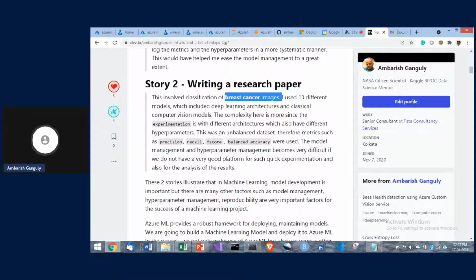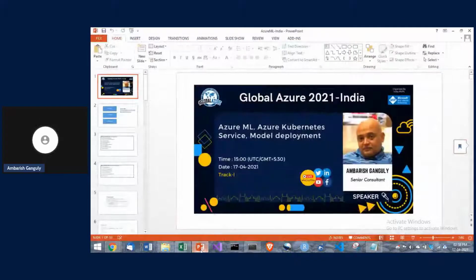So why am I telling you these stories? We need a very systematic platform to create models, and that's why you need platforms like Azure ML. AWS also has some platform. Google has some platform. You need these types of platforms so that they take over the model management part and put it in some other place. And obviously there is deployment. So we'll see all these things in the lecture.